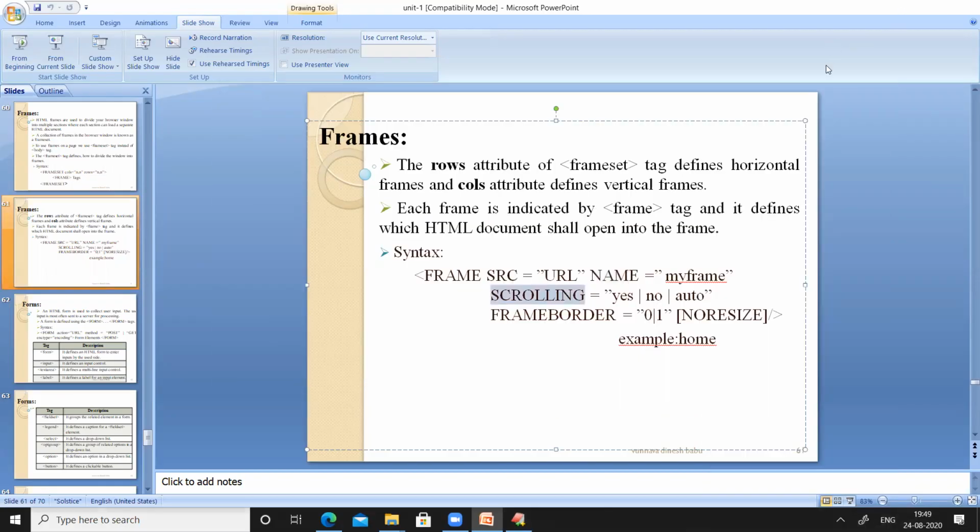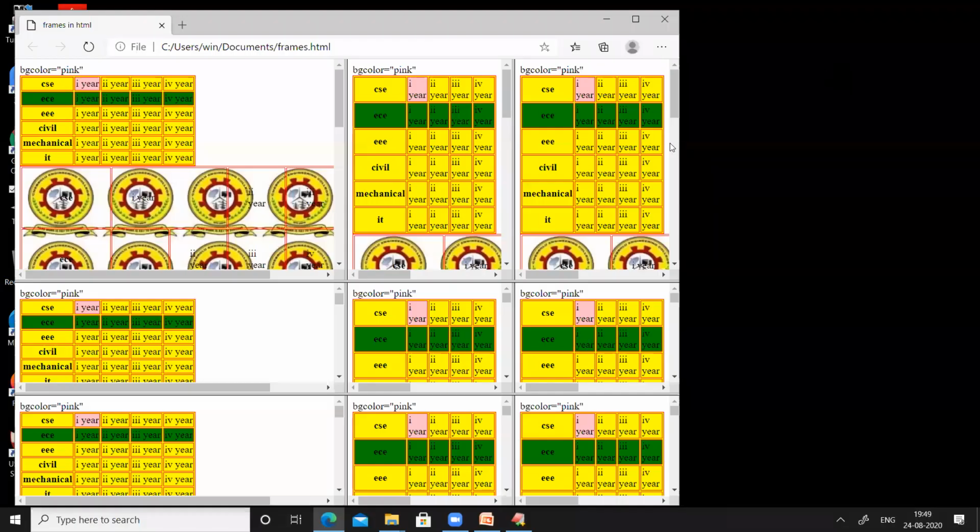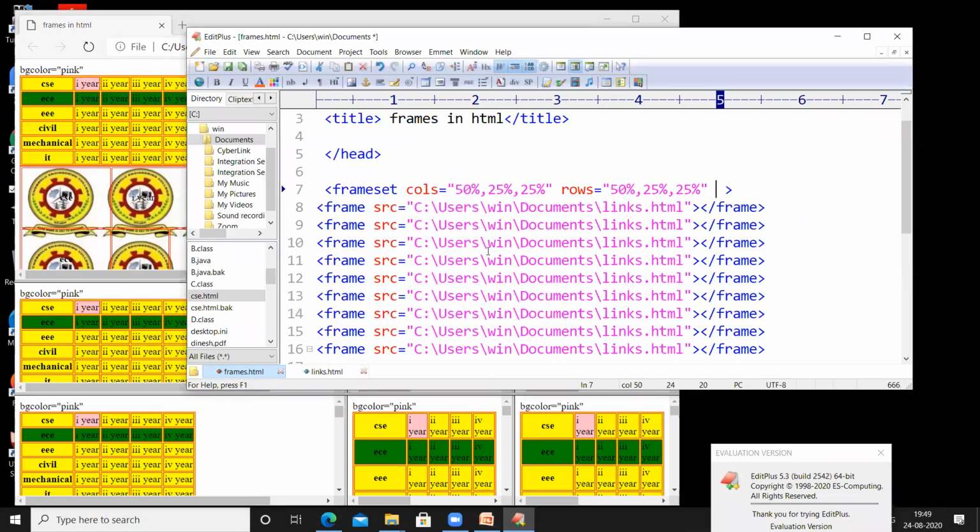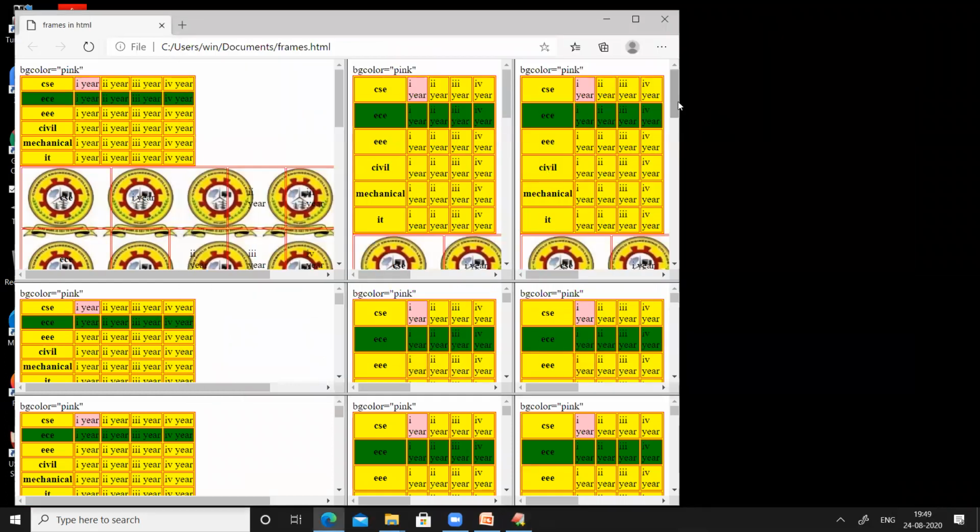Before going to see the scrolling attribute of the frameset tag, let us observe these things. This is the code that we have written so far. In the code, while we are dealing with the frameset tag, we have never used the scrolling attribute. So even though we don't use the scrolling attribute, the scroll bars are automatically set to each and every frame.